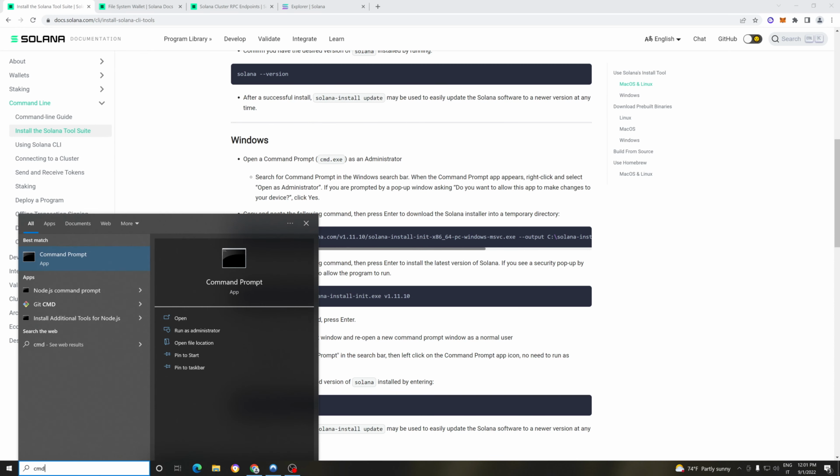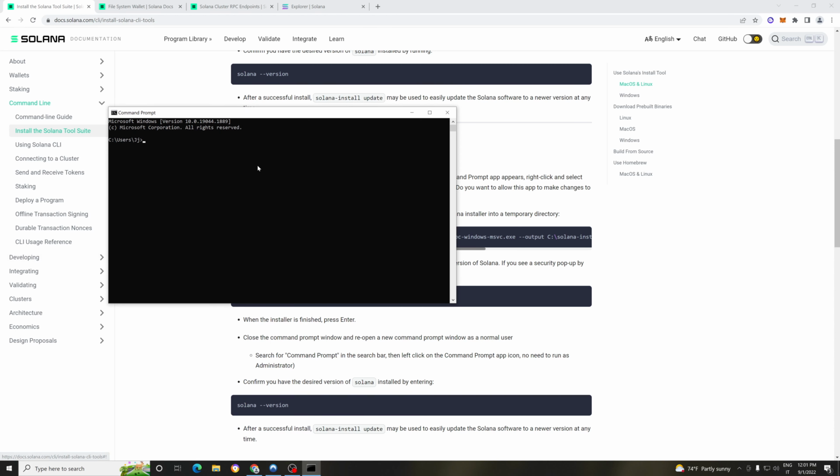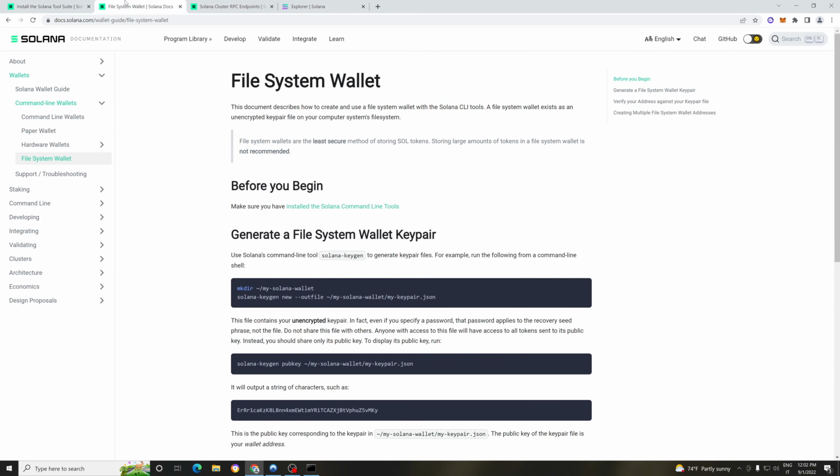Now we open a new one, and we type solana --version to check if we have the CLI installed. Now I have to correct the syntax. Okay, we have it. Now we can generate a new wallet, and to do so we go, still on the